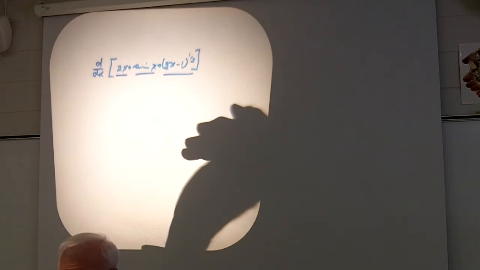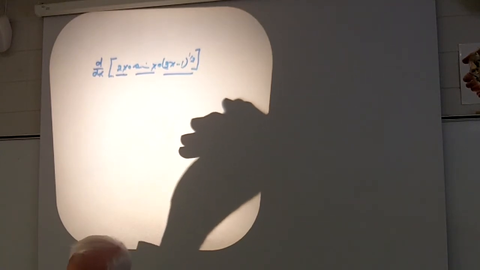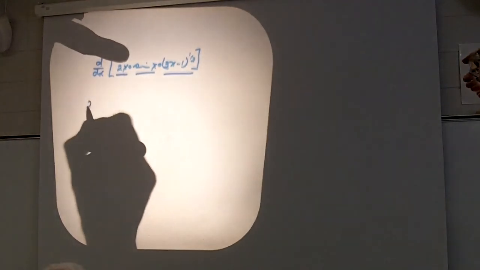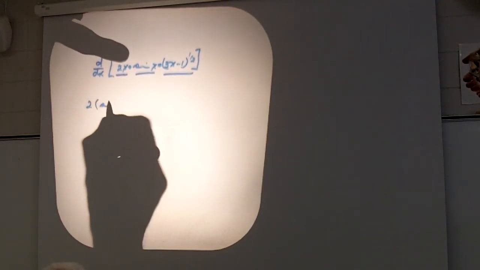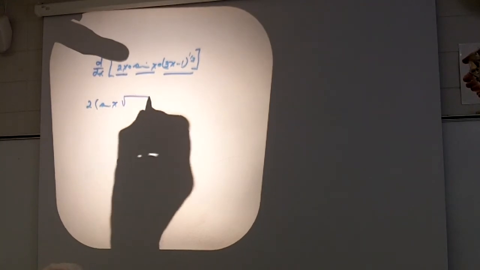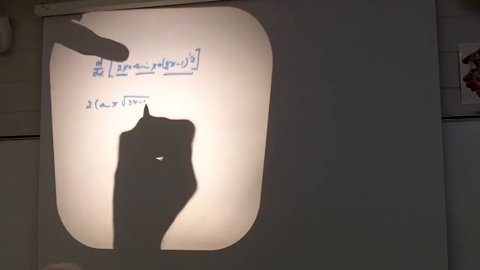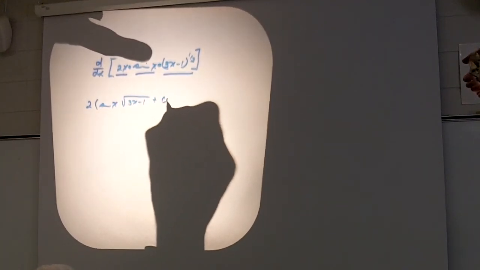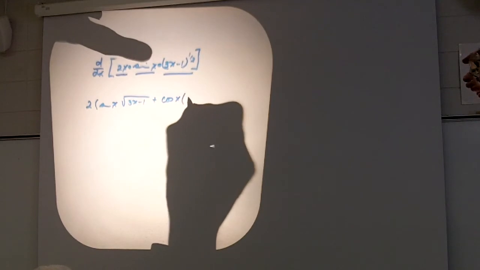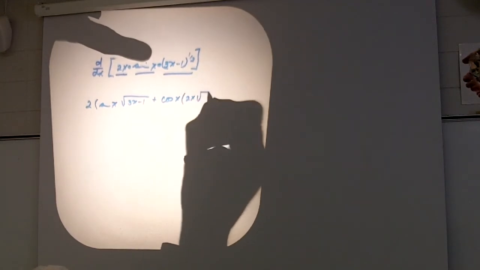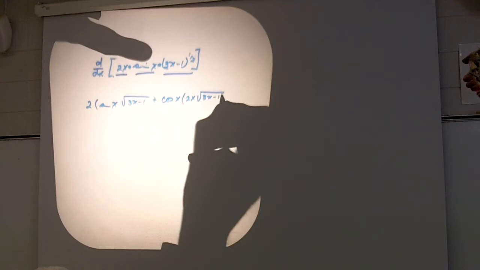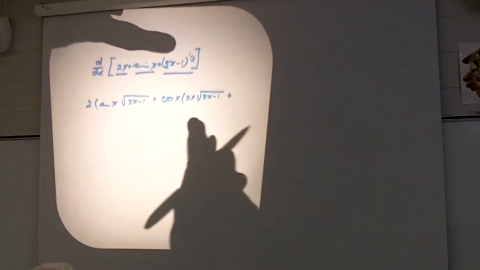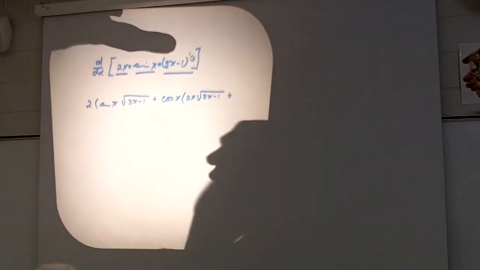Okay, ready to get started? I don't think I'll clean it up, but I'll get it going. We're going to start with the derivative of the first, which is 2 times sine x times the square root of 3x minus 1, plus the derivative of that, which is cosine x times what's left, 2x times the square root of 3x minus 1. And then it's going to be plus, and I'll write it down here, the derivative of this, which is going to be